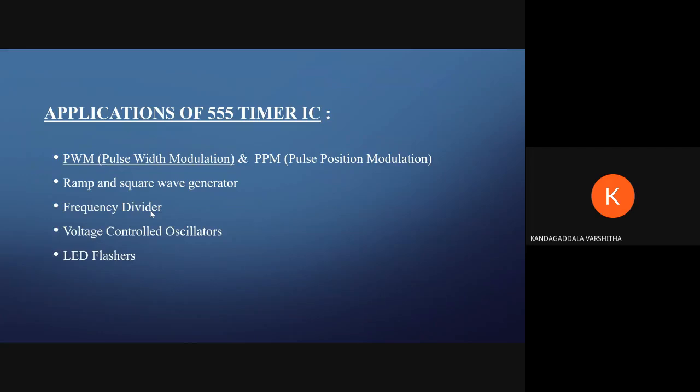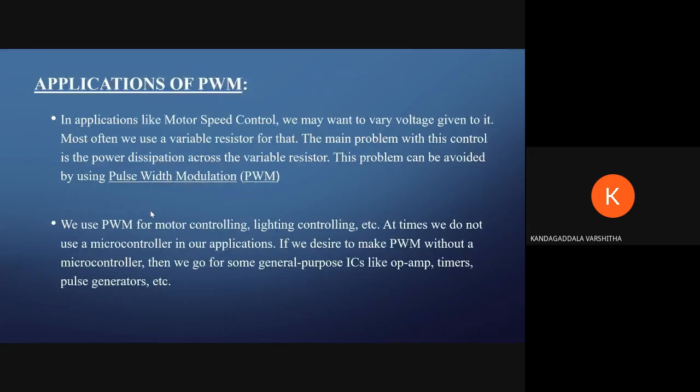It is used to generate ramp and square wave outputs, and used as a frequency divider, for LED flashers, and voltage controlled oscillators. We have a few more applications for pulse width modulators in motor speed control, and we can use it to vary voltage. Mostly we use a variable resistor. The main problem with this control is the power dissipation across the variable resistor.